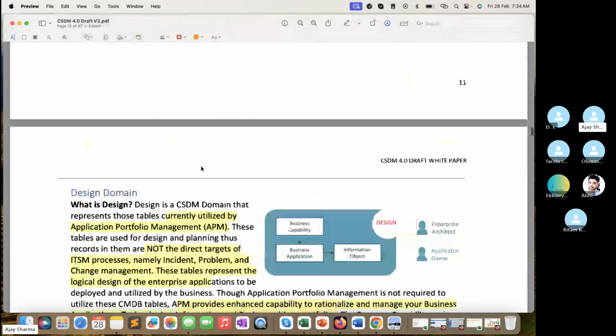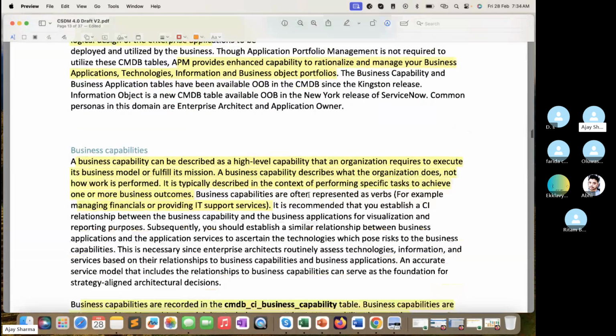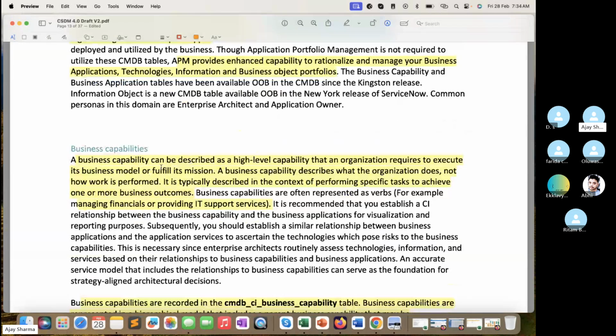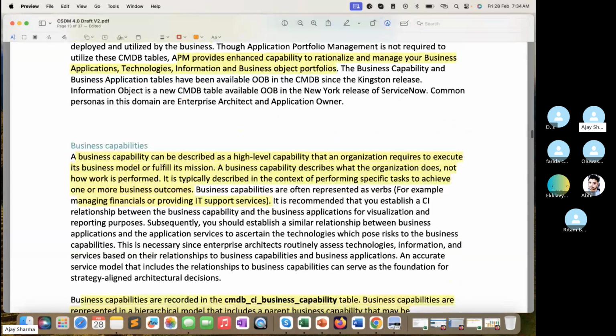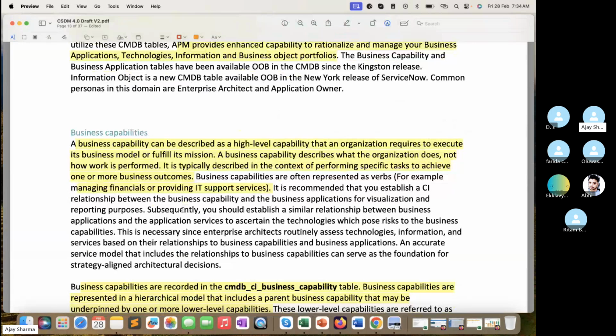So if I just go down a little slowly, yeah, here, it's a design document, or I can say a design model, where we have enterprise and application owners coming into the picture. So first of all we have to design the business capability, right? So business capability is the high level capability that an organization requires to execute its business model or fulfill its mission, right? So in simple words, business capability can be an HR capability, a finance capability, an IT capability,